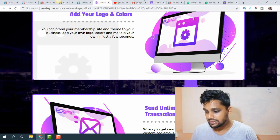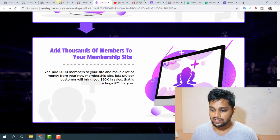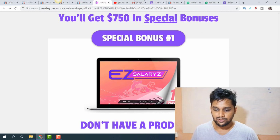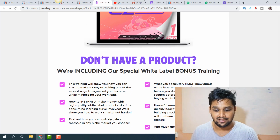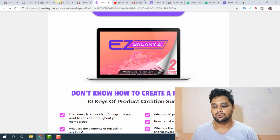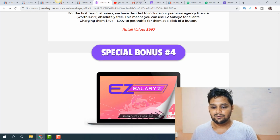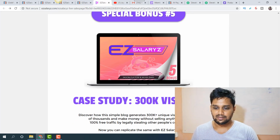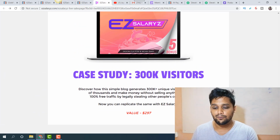And there's a lot of things that you can actually have a look at, and they actually offer bonuses, right? They'll be giving bonus number 1, you don't have any product. They will be including special white label bonus training, right? And if you don't know how to create a product, they'll be teaching you this, and the premium agency license, right? And private support groups. Good. And let's say another bonus is a case study of